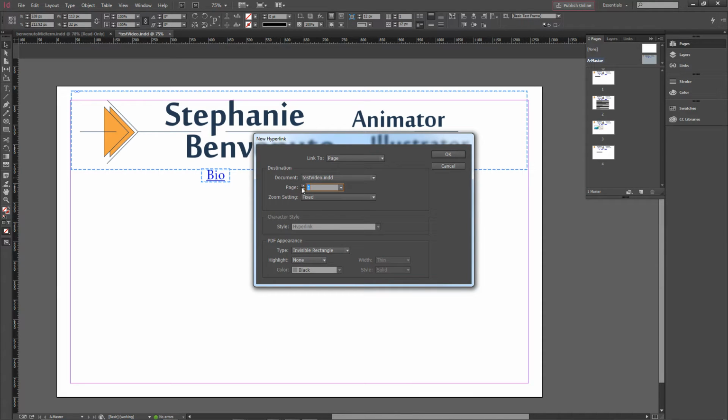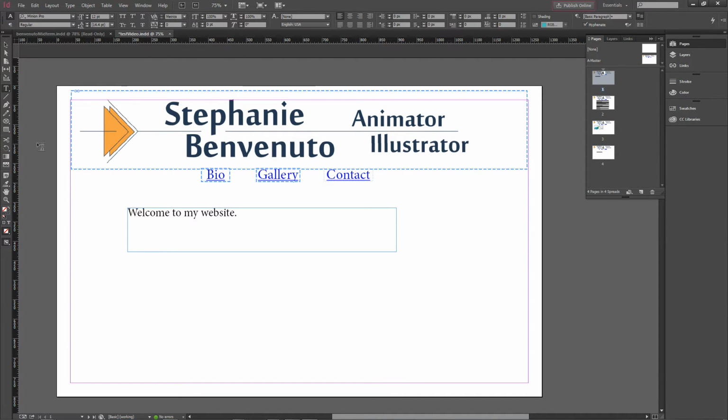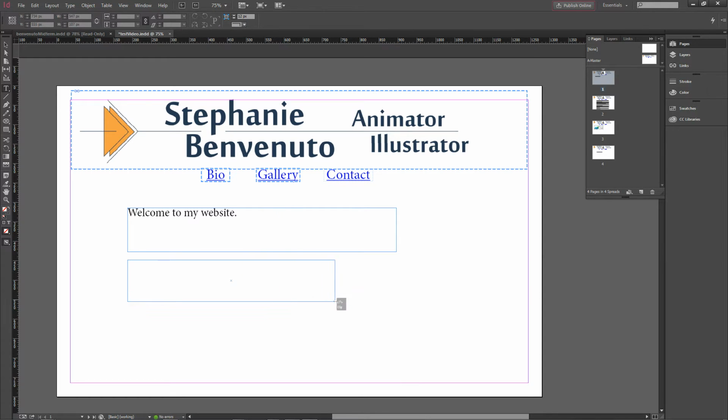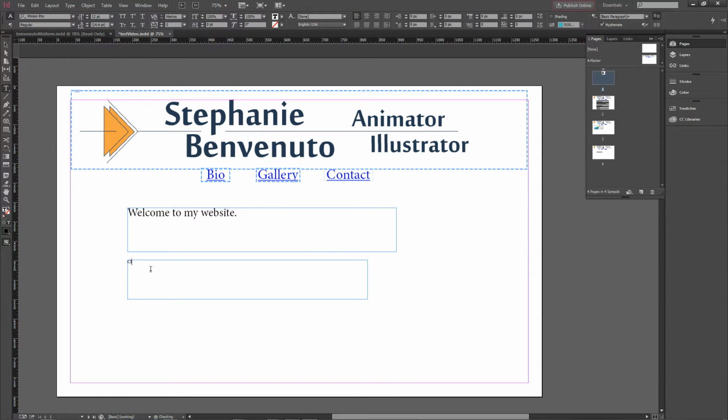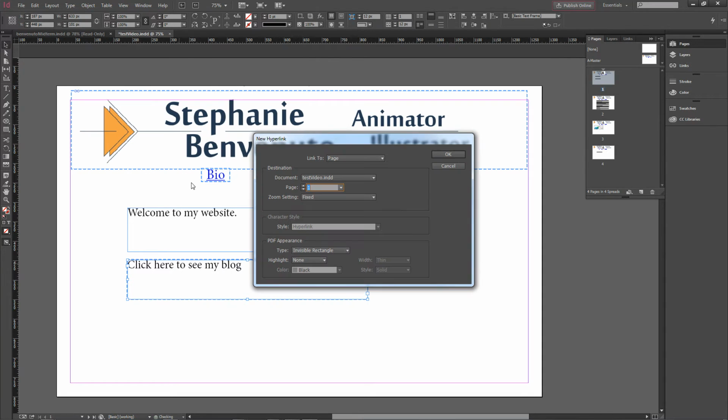You can also do links to real actual websites. So if I go here, and I say click here to see my blog. Technically speaking, if I was making a website, I would only make the word here the hyperlink. I'm picky like that. If I say click here, I mean literally on the word here. But we're going to make this whole thing a link. So we're going to say hyperlinks, new hyperlink, and instead of page, we're going to say URL. And it's going to be,